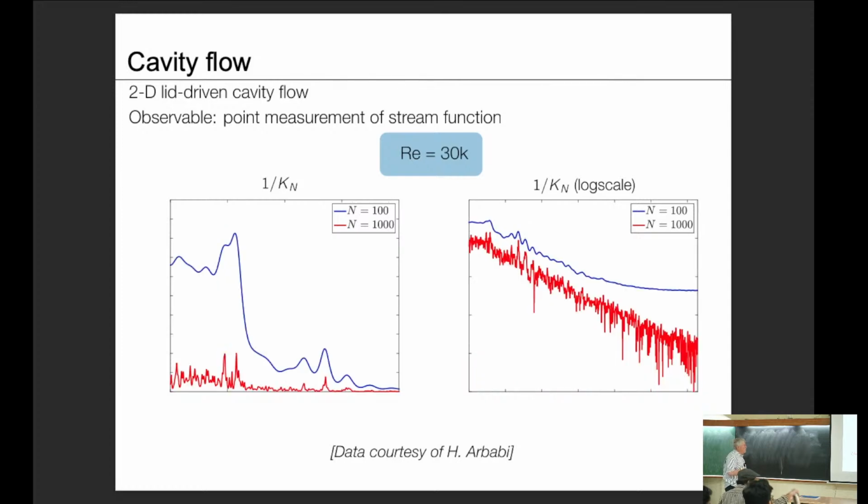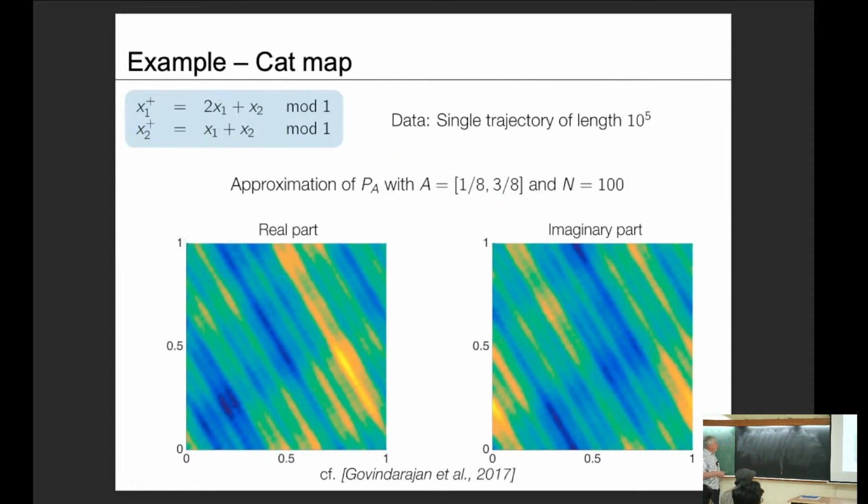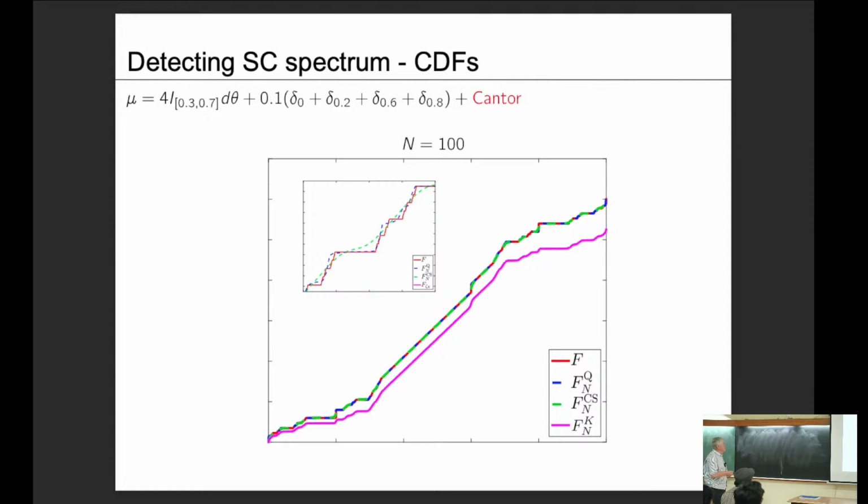So what I want to show you here, and I'll not go into much detail, these are computable, all the gaps and the numerical errors, is that you have, for instance, again, here in the cavity flow, a singular continuous spectrum. And then you can tell for sure that this dynamical system is not equivalent to one which doesn't have singular continuous behavior. And so I'll not go into much detail because we'll have something else to do.